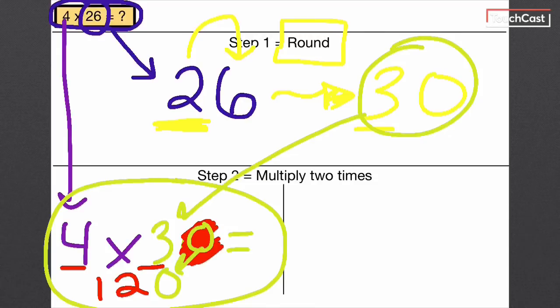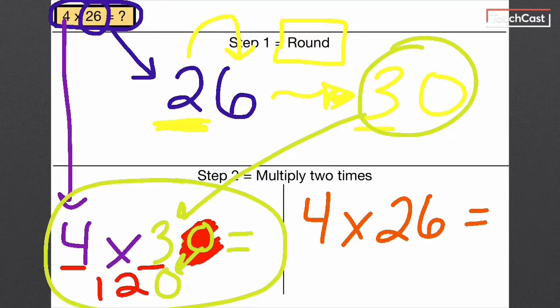But now I'm going to go back and solve the original equation just to see how close it really is. So I'm going to bring my 4 back in and multiply it by 26 as we see up in the corner. Now I could go through and do an area model to find my answer, bring 20 and 6, do all of that. I could do partial products, which we'll learn about later, to find my answer here. But in this case, I'm just going to go based on the fact that I know 26 4 times is